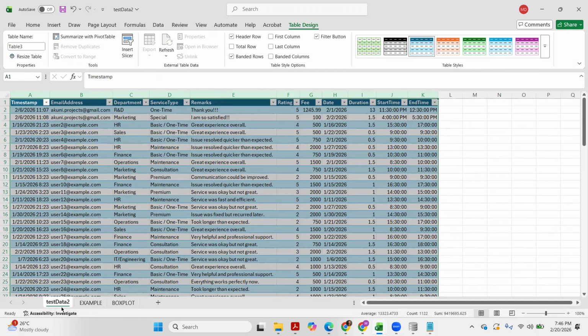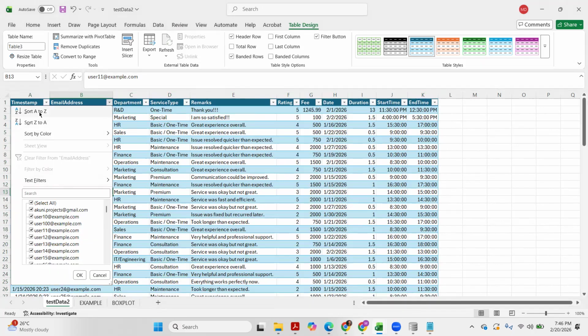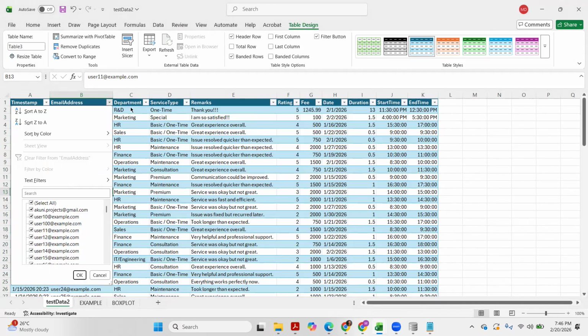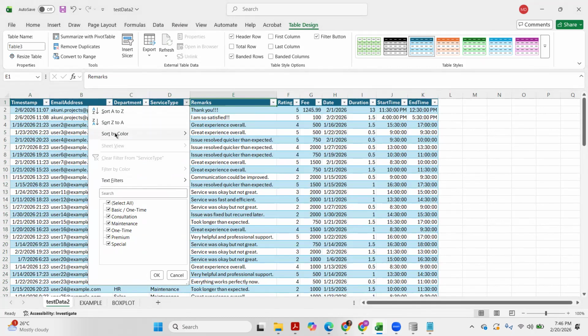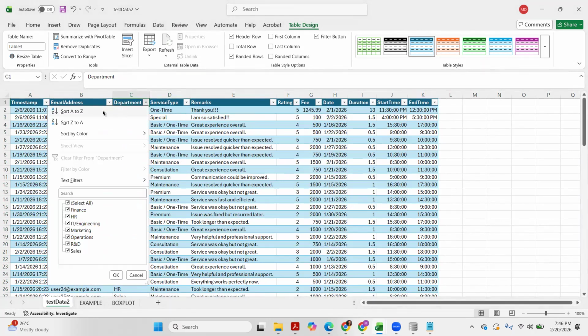Once we have this table, we can sort things, like from A to Z or Z to A, or we can sort according to email addresses or service type. Let's have an example. Let's sort the entire table in terms of department.